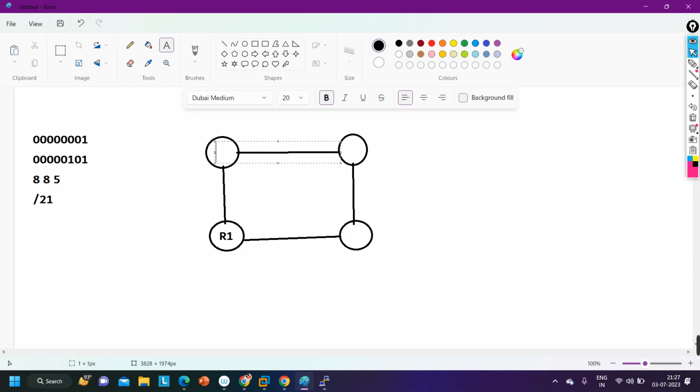R1, R2, any router, I am making them randomly R3 and R4. Okay, let's say router 1 has some network, 10.1.1.0/24.